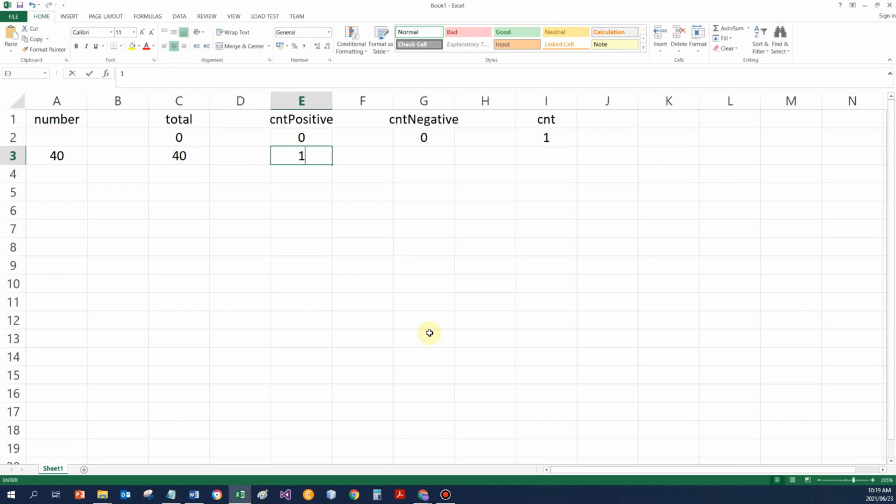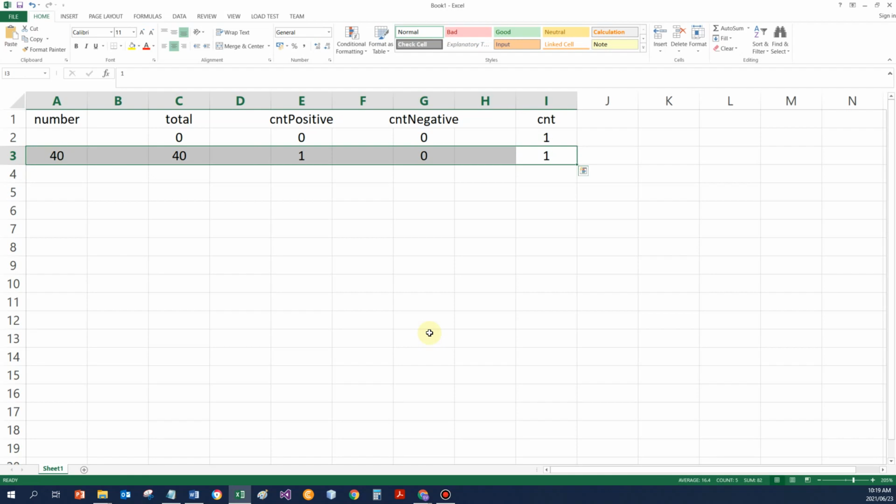This would be count positive, I'm going to add 1, count negative stays as it is, and at the end of the loop, my counter variable will become, well, let's just not include that